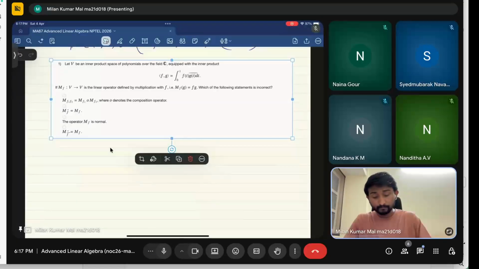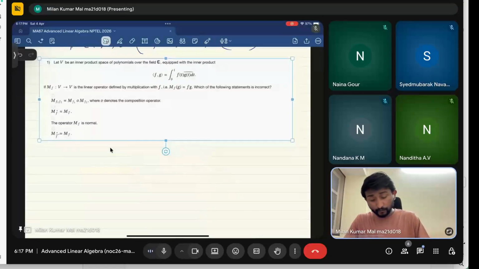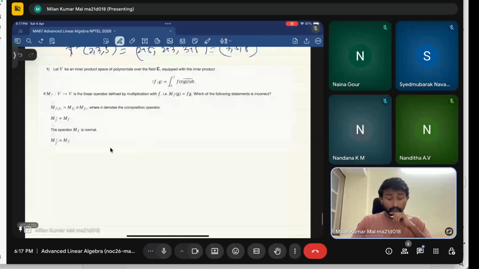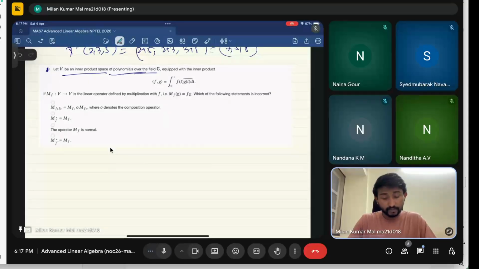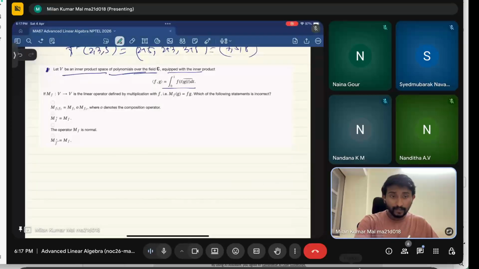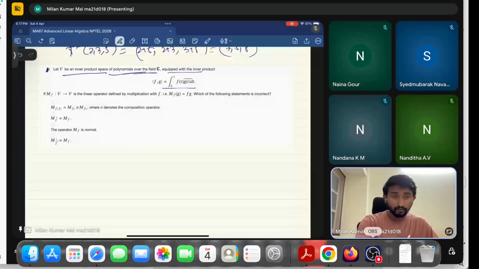So here is another problem that is based on the inner product. Let V be the inner product space of all polynomials over the field C. That means the space of all polynomials where the coefficients come from the complex numbers. It is equipped with this inner product: the inner product of f and g is equal to the integral from 0 to 1 of f(t) times g(t) bar dt. So g(t) bar is applicable here,